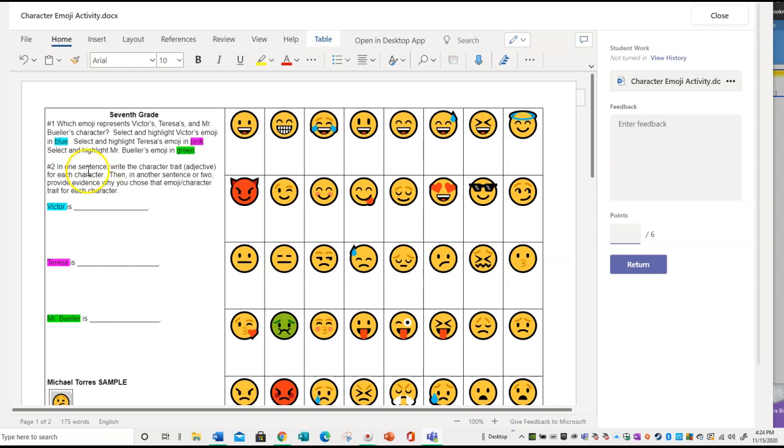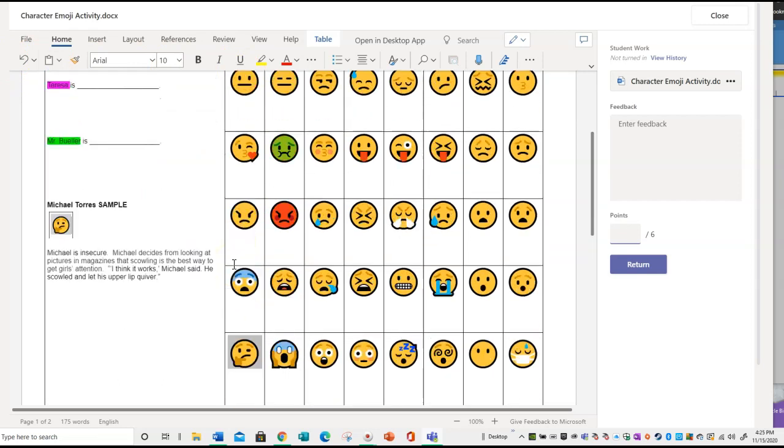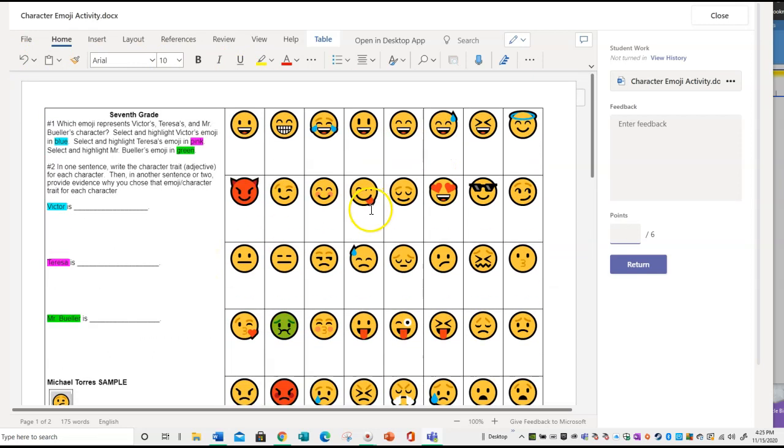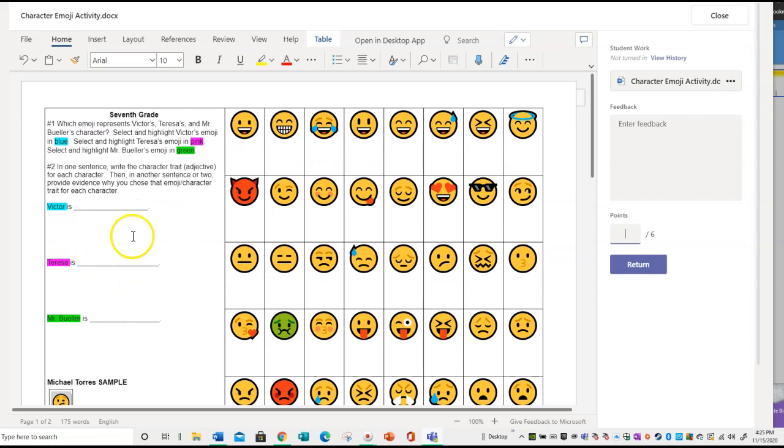If you have any questions about this, go back into the directions or send me a chat through Microsoft Teams. This is 6 points, and it will be on the second quarter grades. So let's start out by doing our work and keeping up with everything, and that will help us. This is not something you can just skip doing. What we're doing here is TDA, text dependent analysis. Support your answers with